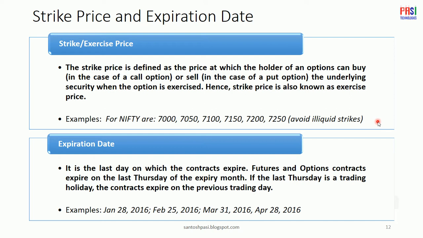Here you need to keep a watch on the illiquid strikes. In case of Nifty, illiquid strikes are those that end with 50. Example like 7,150, 7,250. Those are my illiquid strikes, and they should be avoided, because as they are illiquid, there would be a higher bid-ask spread, and sometimes if you want to square off your position, that would be a difficult one. Then expiry date. In the Indian market, normally expiry is on the last Thursday of the month,